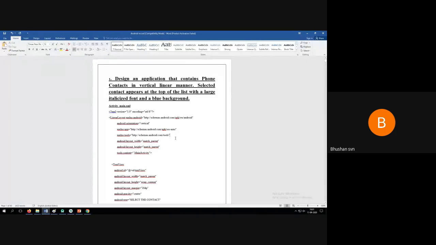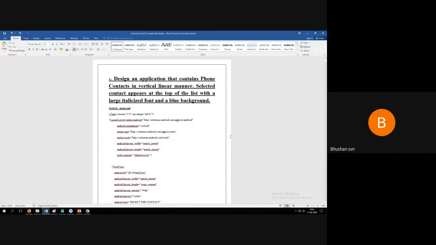Are you able to see the question? You have to design an application that contains phone contacts in a vertical manner, and the selected contact should appear at the top of the list with a large italic font and a blue background. So this is the program.